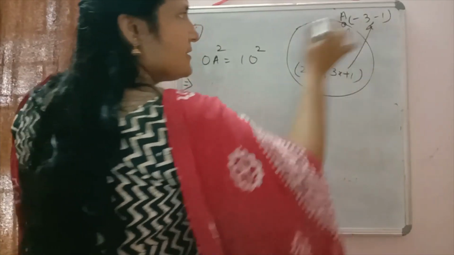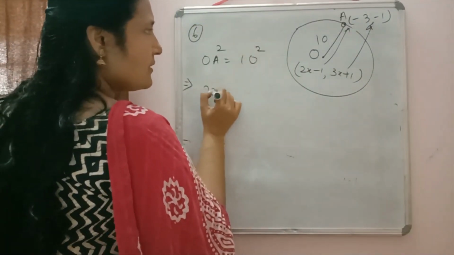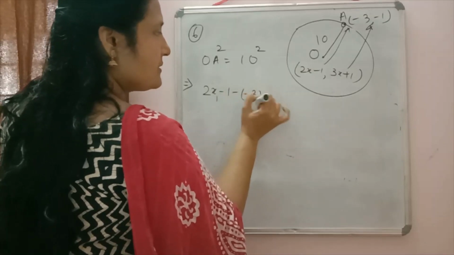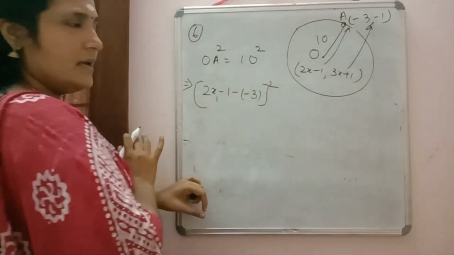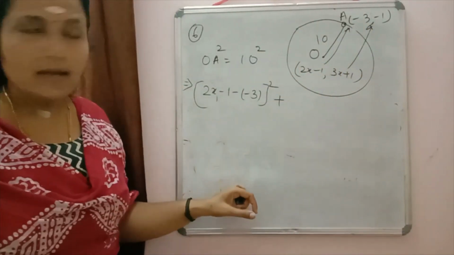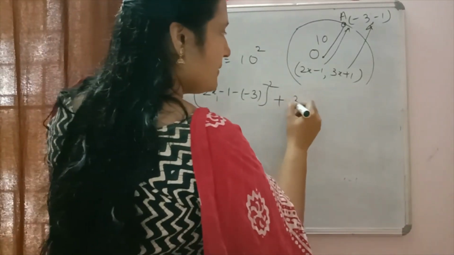Subtraction of x coordinates, subtraction of y coordinates: x2 minus x1 the whole square. So 2x minus 1 minus 3 the whole square, plus y2 minus y1 the whole square, so that will be 3x plus 1